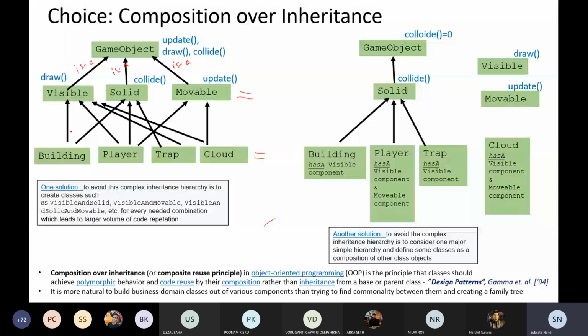Game object, visible, building, solid: this is a diamond that is involved. Such a design, if we allow it, will create all sorts of side effects, and you have to deal with them. So how do we avoid this complex inheritance hierarchy? To avoid this, we can think of, say, visible and solid as one class. So instead of having these three,